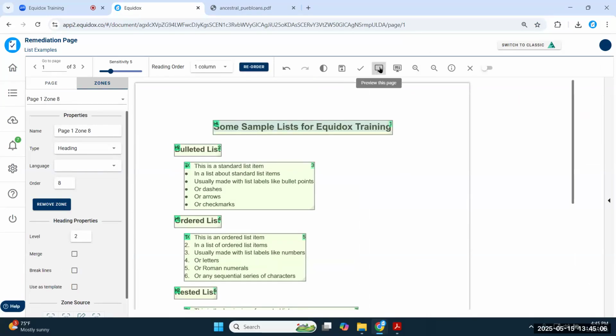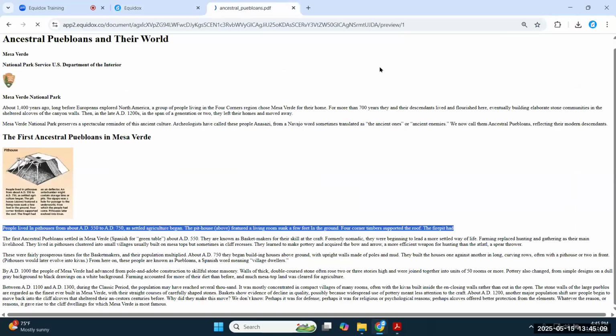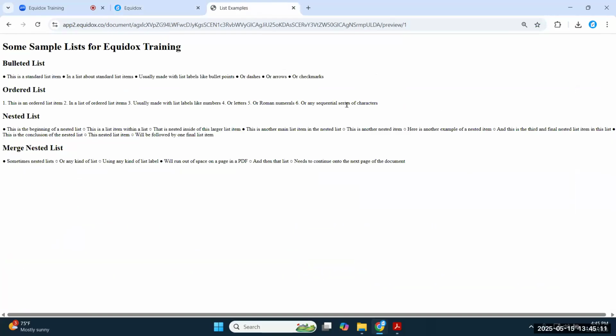So if I look at my preview before making any further changes, what you'll commonly see with things like lists is that they're sitting inside of a text zone. So the screen reader, a machine, doesn't know that this is actually supposed to be a list. As far as it's concerned, it's just a block of text. So it's going to read everything as one big run-on sentence without any punctuation.